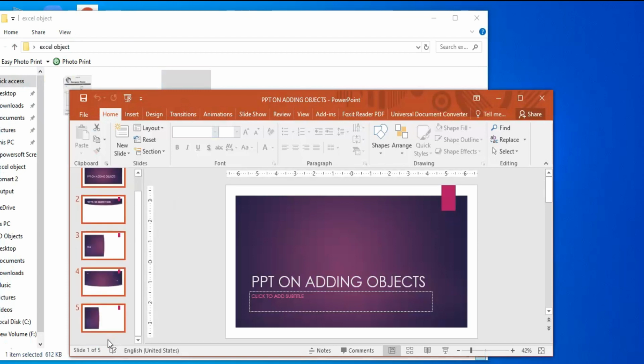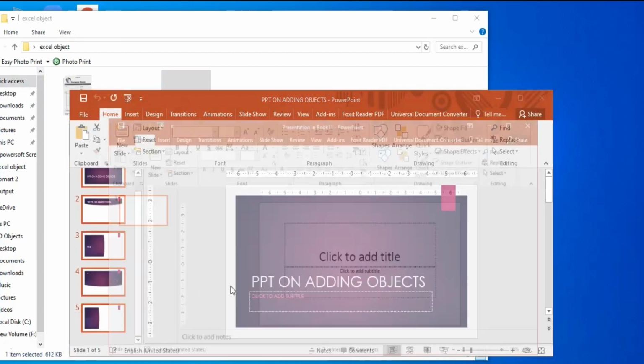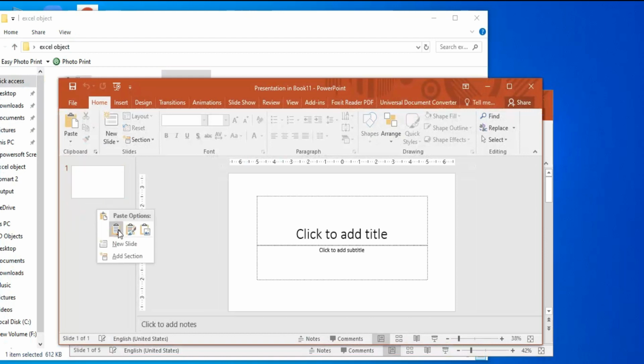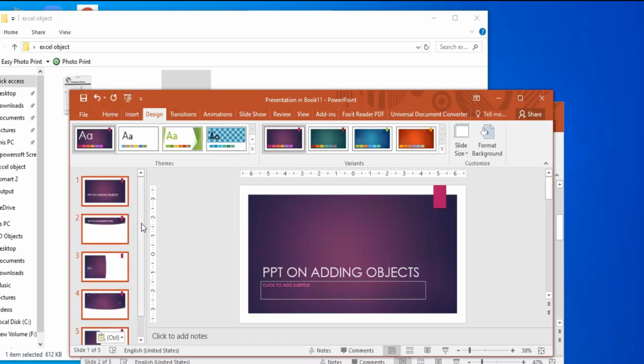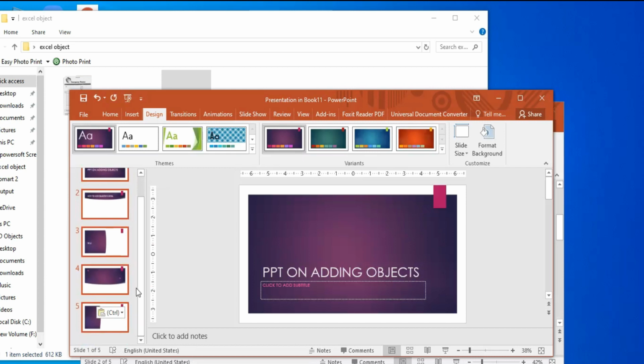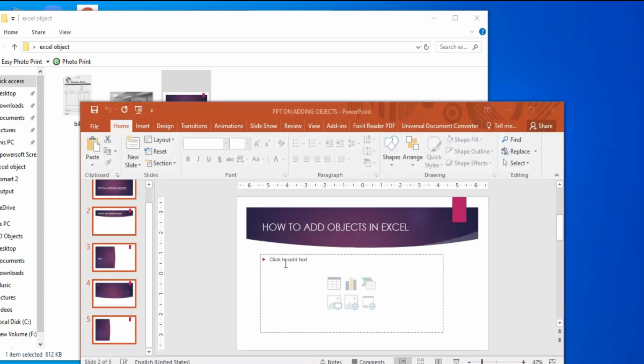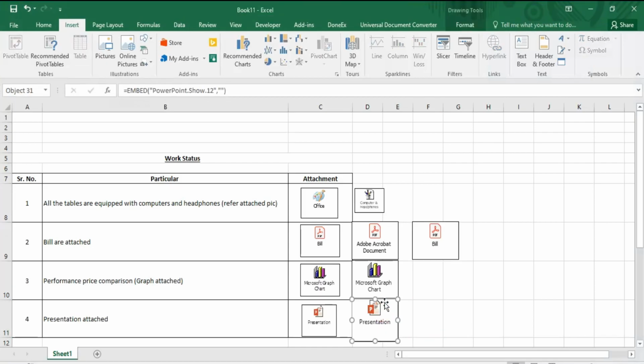We will select the slides, copy them and paste here. So our slides have been added. We will now close the file. So our presentation is added. In this way we can add other objects.